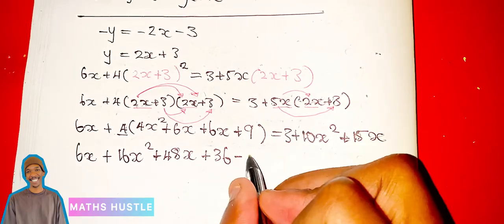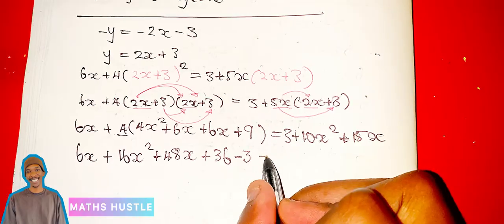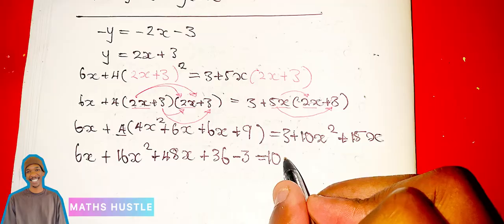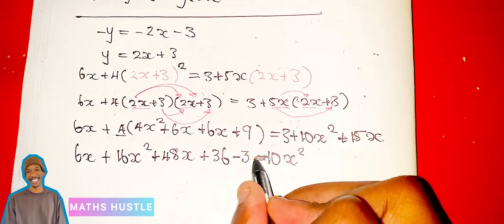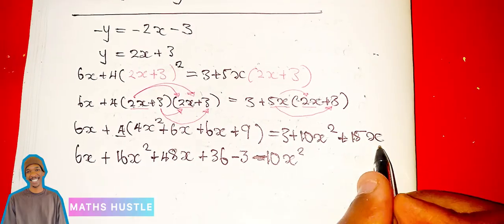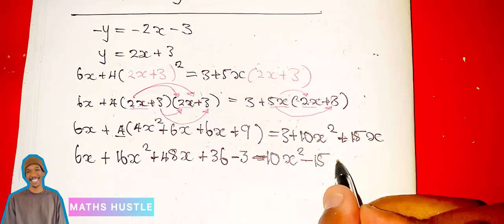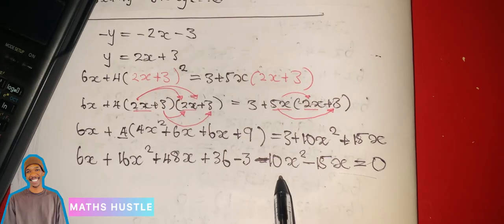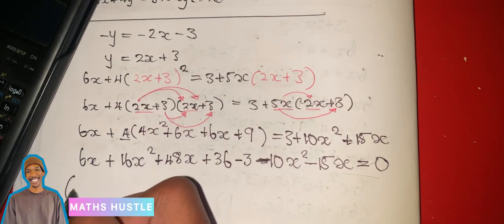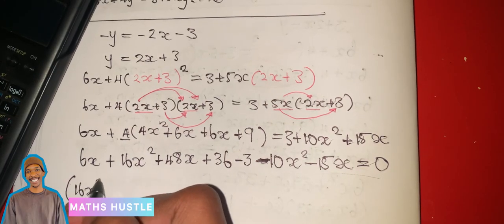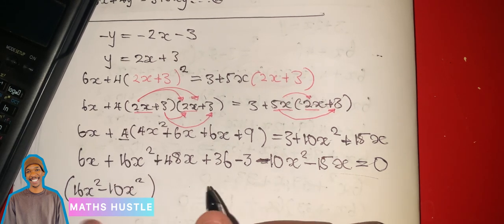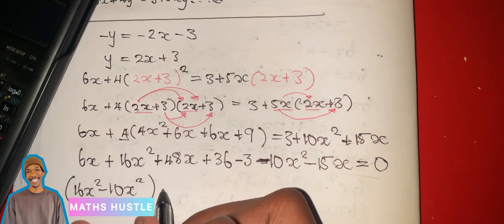So you will have negative 3. So you have 10, it will be negative 10x squared. And you have 15, which will be negative 15x equal to 0. So you will group the like terms and subtract them. Grouping the like terms, you have 16x squared minus 10x squared. This is the first group. Second group, you have